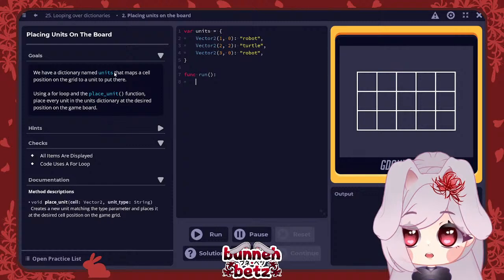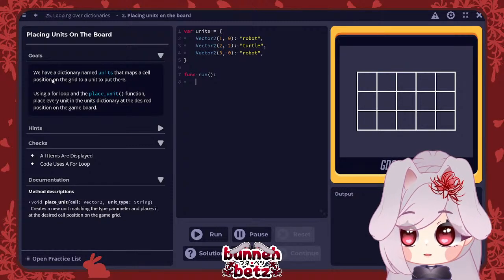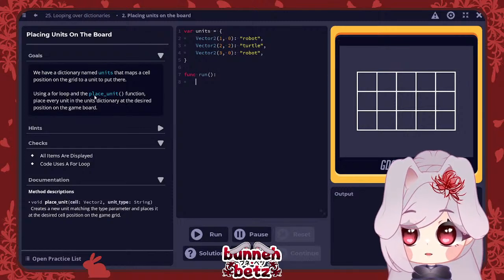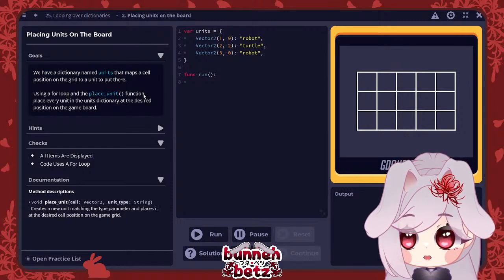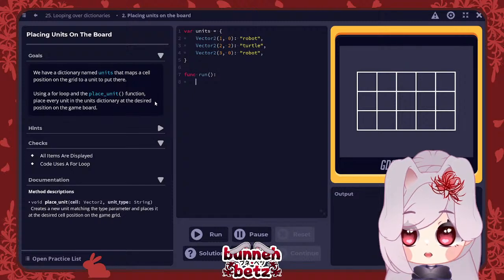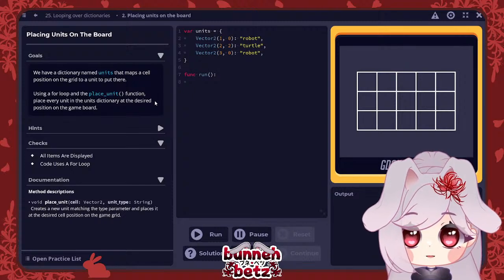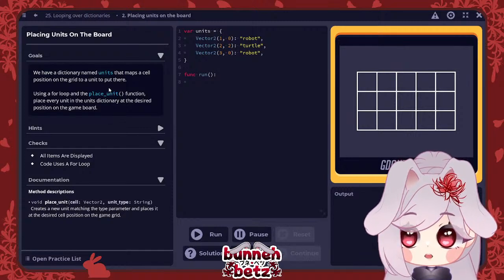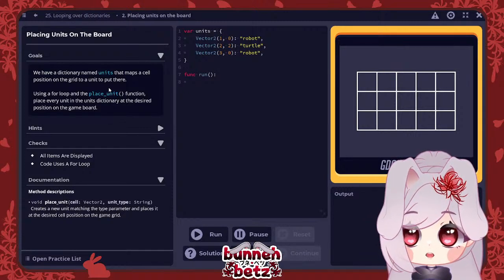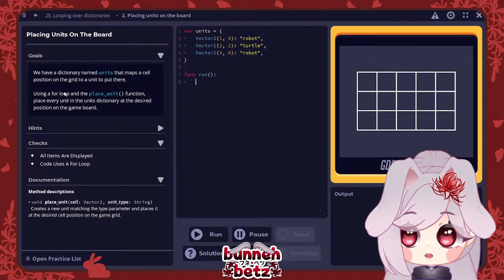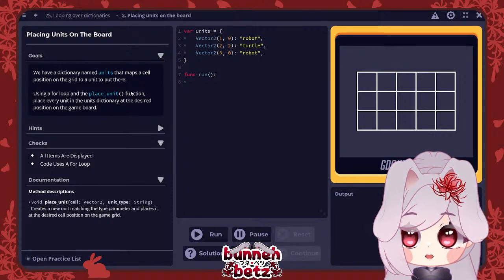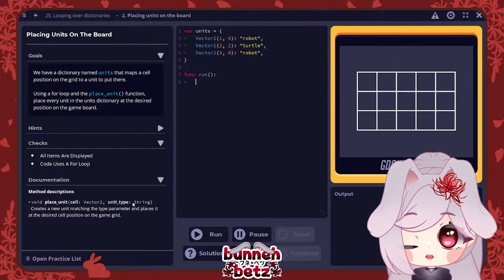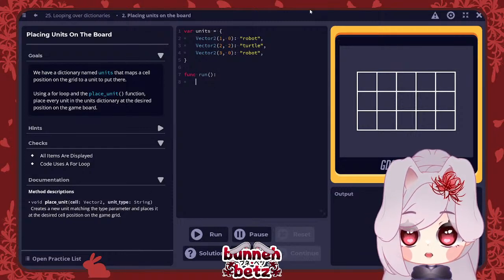We have a dictionary named units that maps a cell position on the grid to a unit to put there. Using a for loop and the place unit function, place every unit in the units dictionary at the desired position on the board game. So place unit takes the vector and then the unit type. Okay, so